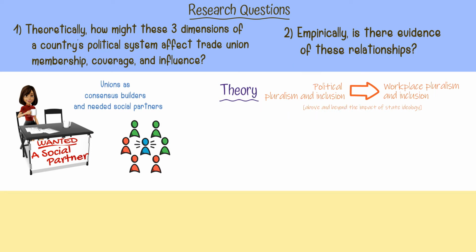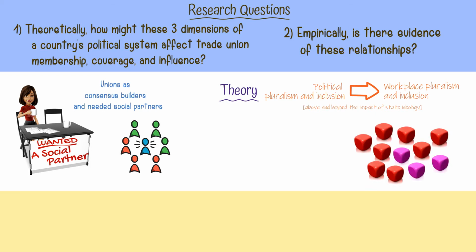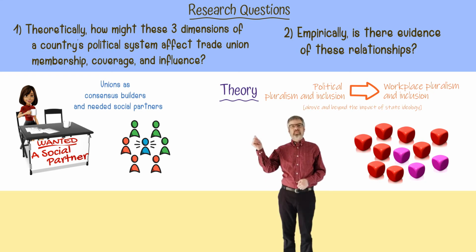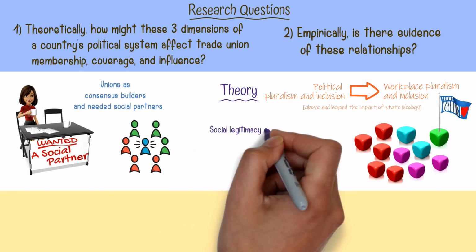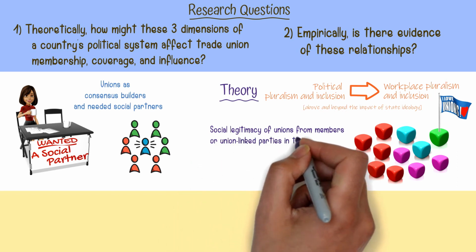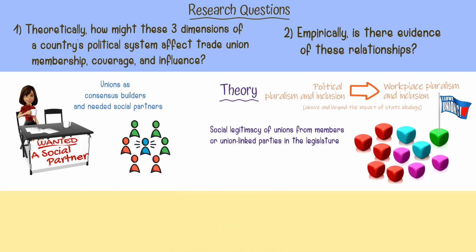Or consider a legislative body that isn't proportional and has few parties. It might be easy for labor interests to be excluded and thus have little legitimacy. But in an electoral system with lower disproportionality and a larger number of parties, there is a higher chance that the legislative body will have members who support trade unions, including legislators who are themselves union members. This representation can give unions legitimacy and visibility in the national consciousness, which can spill over to the workplace.